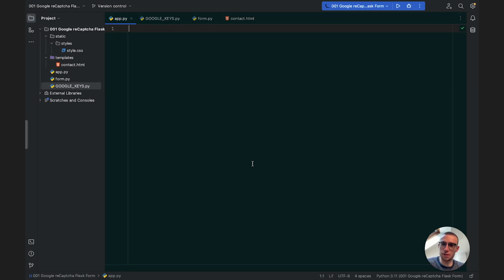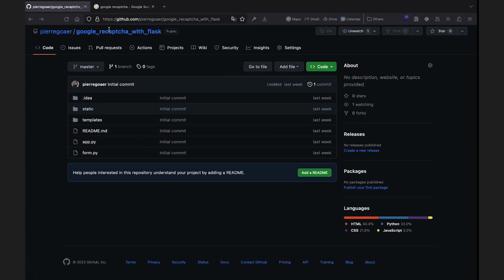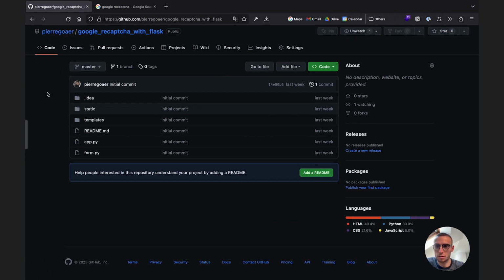Hey everyone, in this video we're going to talk about how to set up Google reCaptcha v3 with a Flask application. So before we get started, I just want to point out under this video in the description there's going to be